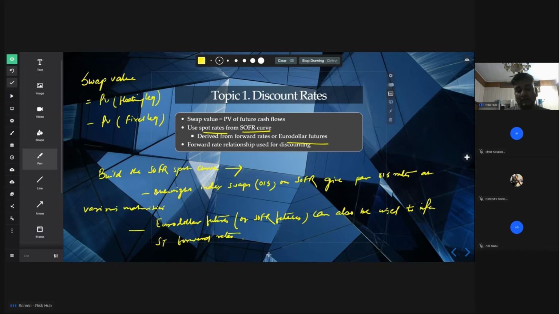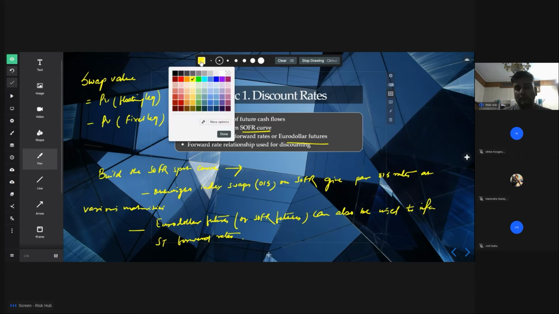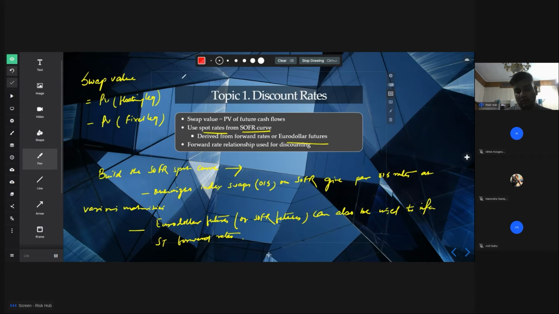Ultimately, you start at the shortest maturity, you do the bootstrapping, and you use the forward rate versus spot rate relationship also. That can also be used. Keep that in mind. What is the forward rate relationship which is used for discounting? I'll give you a relationship between your forward rate and your spot rate. The relationship is 1 plus R,